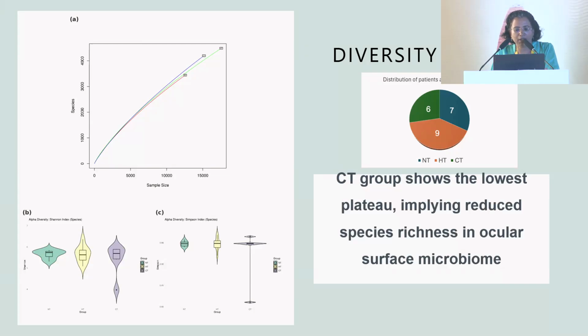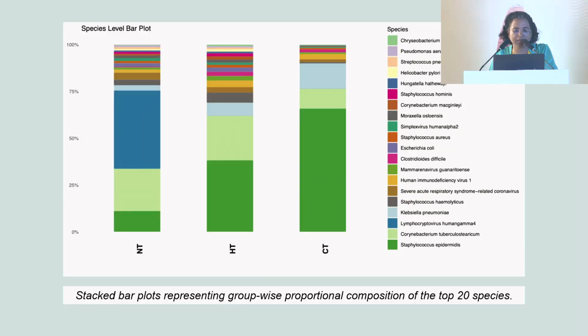So when we studied the ocular surface microbiome, the three groups that were studied were the chemotherapy group, the hormone therapy group, and the treatment naive, that is NT, group. They all showed an increase in richness, but the chemotherapy group had a decrease in the count of bacterial load and also in the diversity of the microbiome that was present, as is evidenced by these three charts. So the NT is the no treatment or the treatment naive group, HT is the hormone therapy group, and this